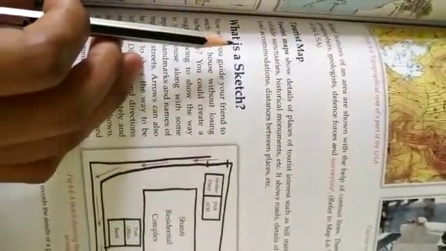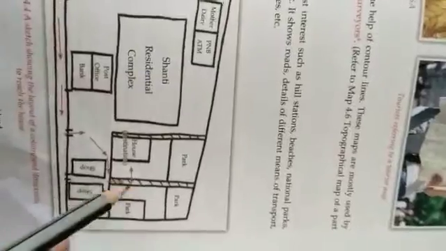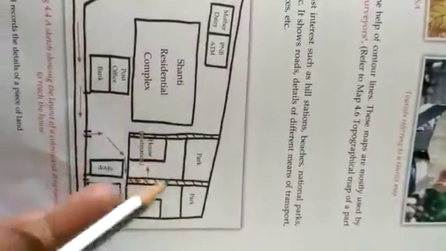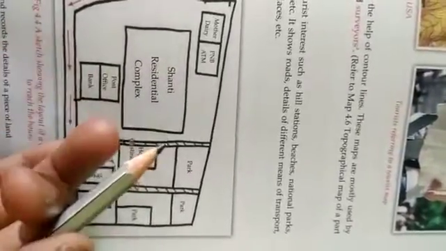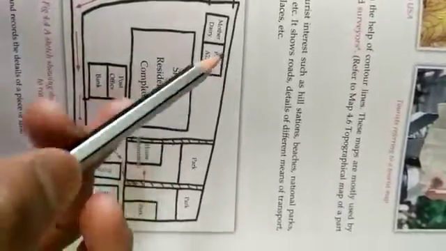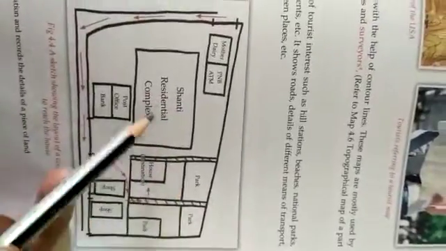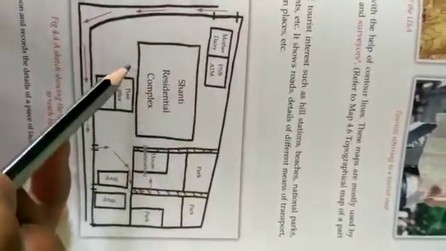So today we are going to discuss sketch, then plan. So what is a sketch? Look at this picture. A sketch showing the layout of a colony and direction to reach the house. So how will you guide your friend to reach your house without losing her way? So you could create a rough drawing to show the way to your house along with some important landmarks and names of the important streets.